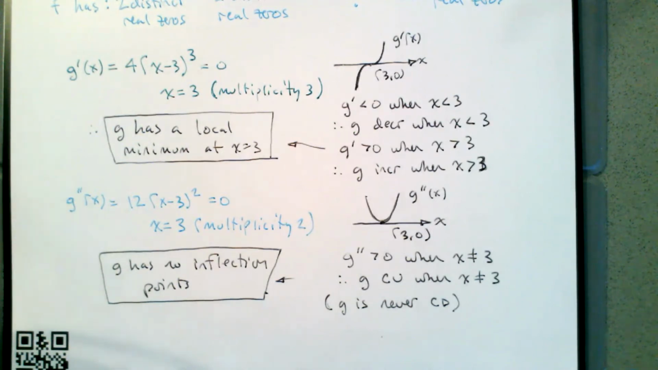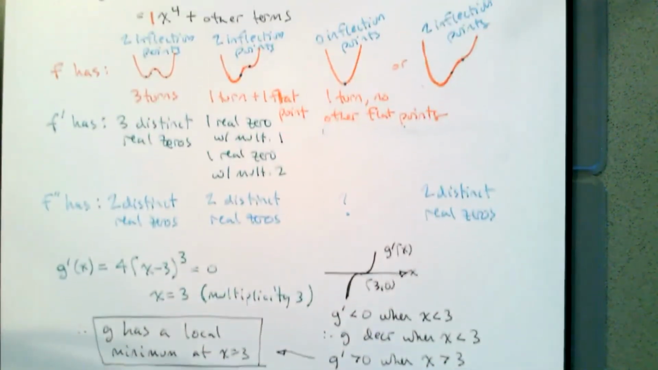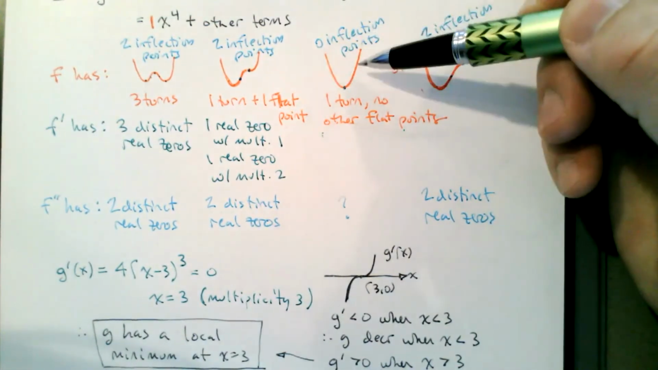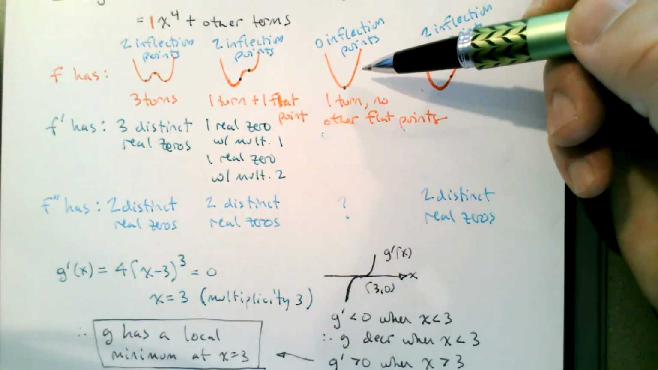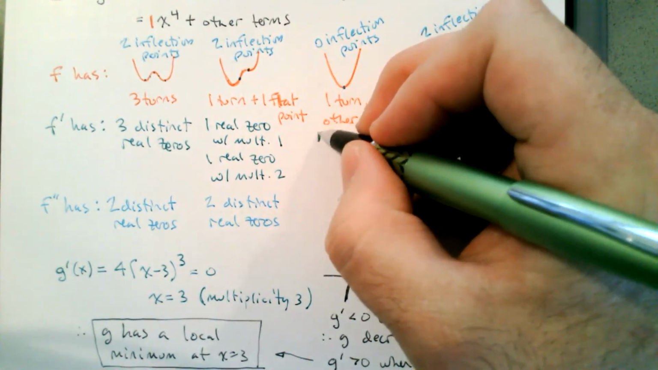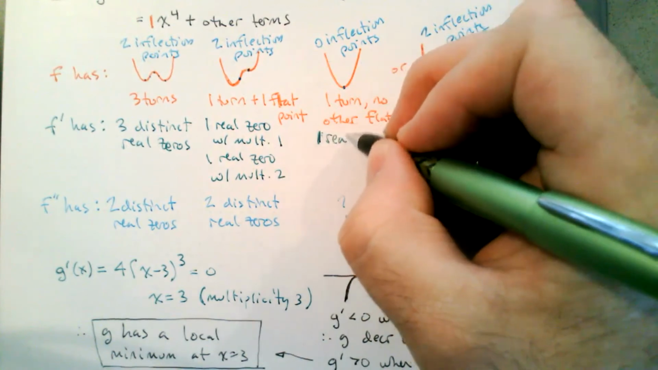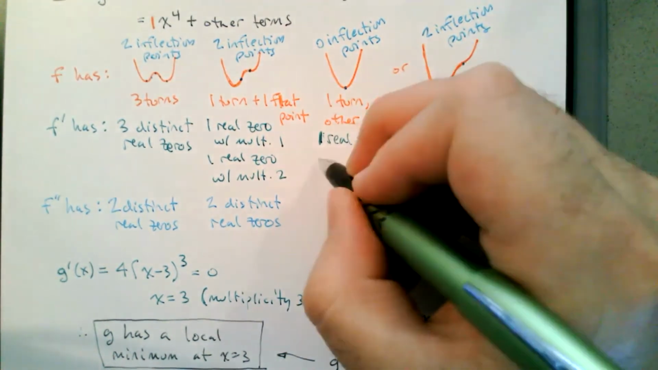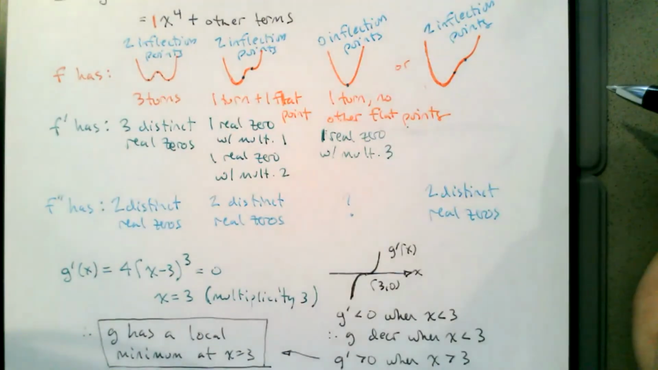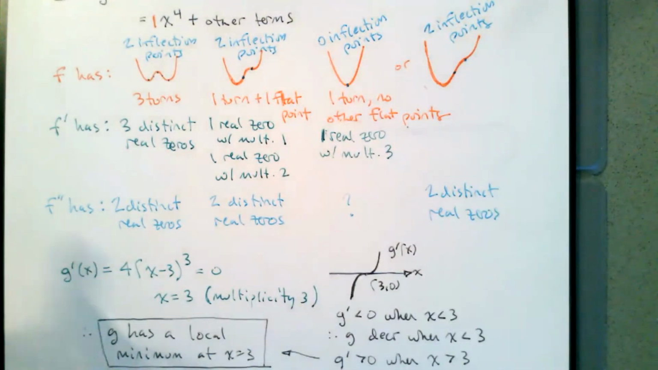Going back up to our possible images, what we're looking at is this scenario where there are no inflection points. So this is what's going to happen when we have one real zero, but with multiplicity 3. And we got no other bends in the function